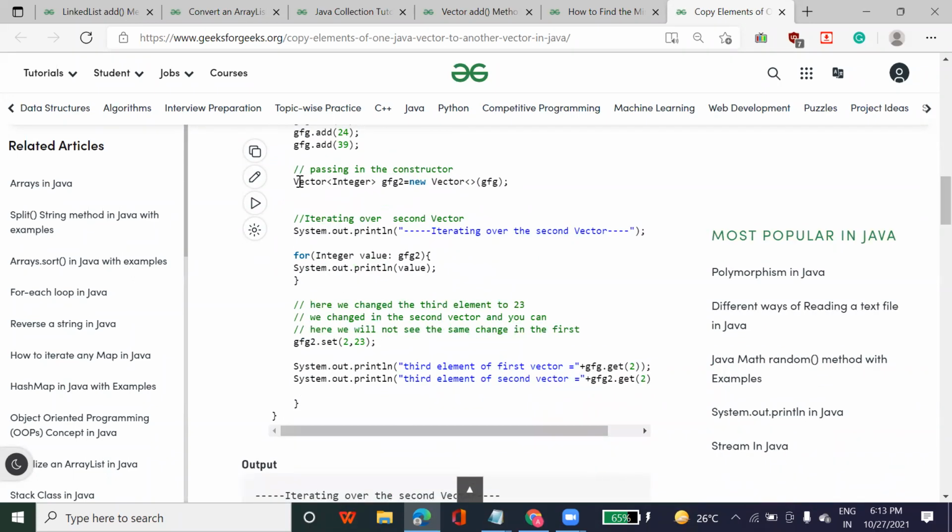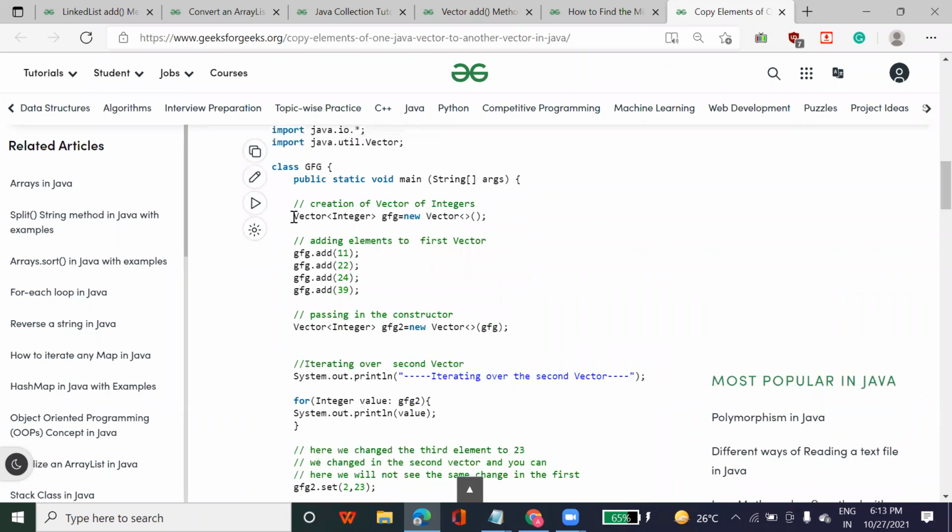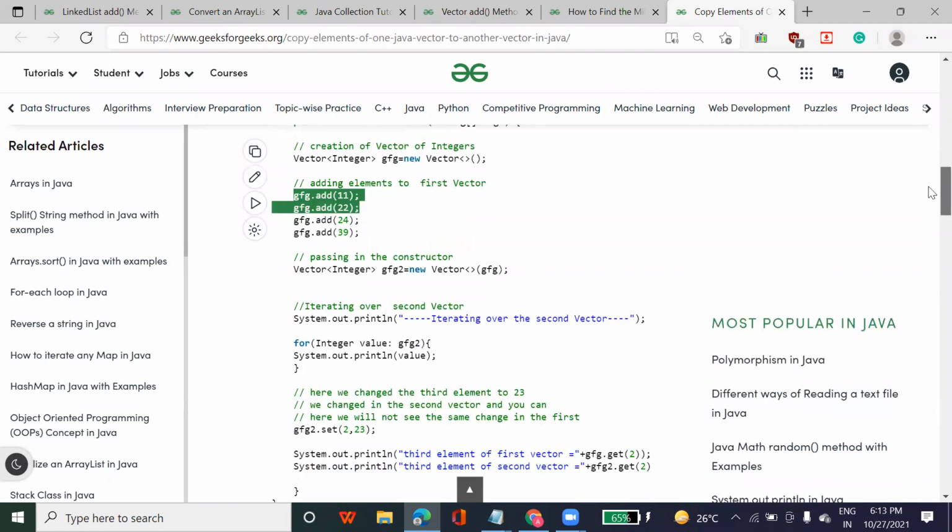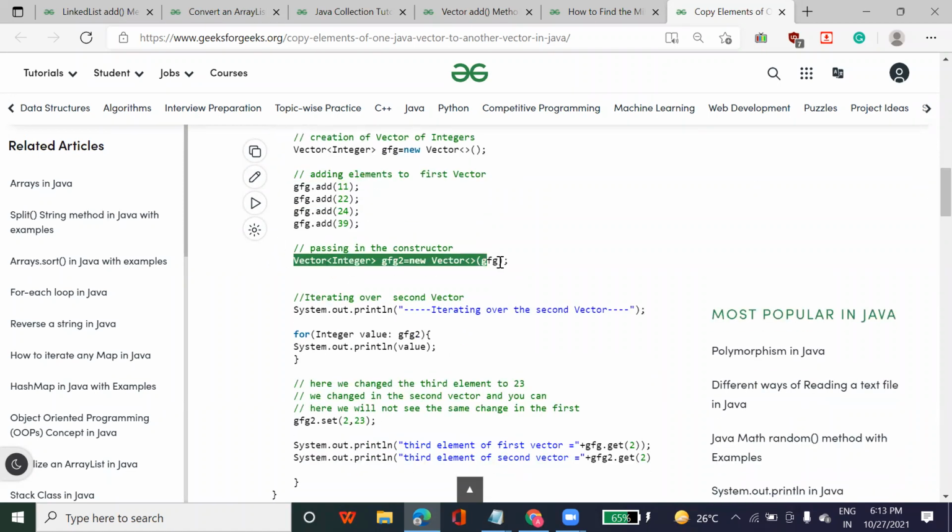You can see this vector is completely empty. gfg2 is completely empty, because in the previous vector you have added elements: 11, 22, 24, 39, right? And you create another empty vector because you are going to copy the data from one vector to another. So this is an empty vector.